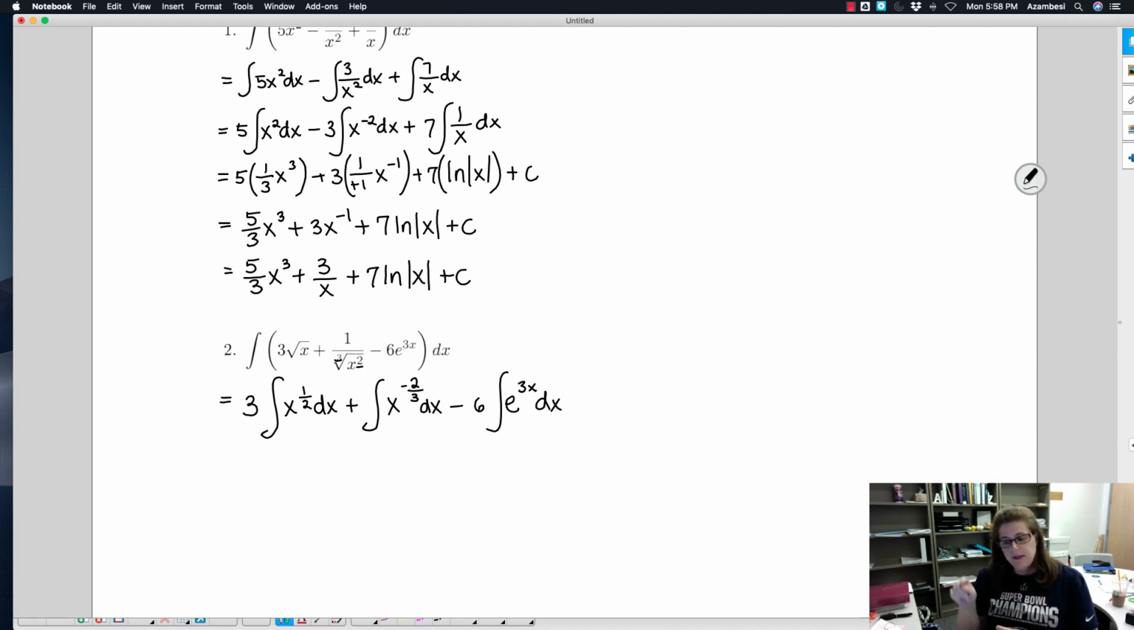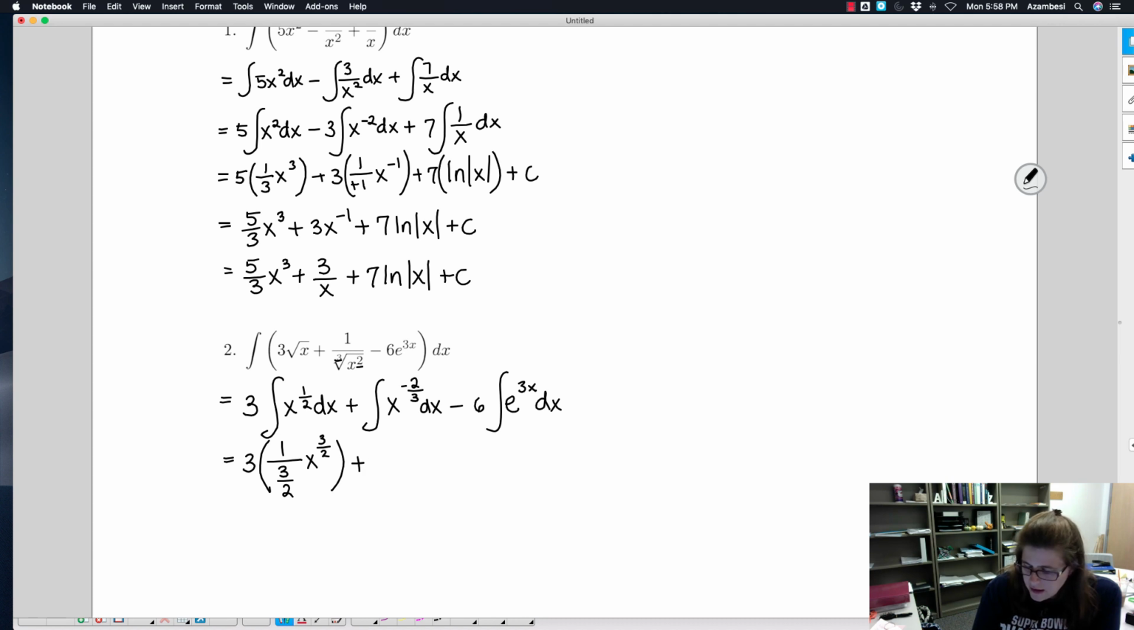So remember, e gives us 1/3 e to the 3x plus c. So when we get there, we'll have to tack on that 1/3. And working on this, 3 is along for the ride. If I bump up by 1, I have x to the 3/2 power. So 1/2 plus 1 gives me x to the 3/2. So 1 over 3/2 x to the 3/2